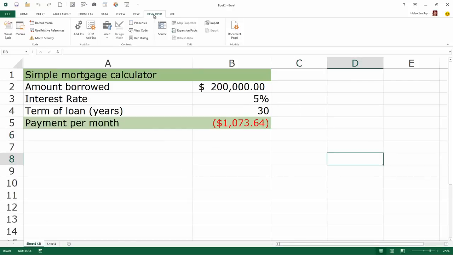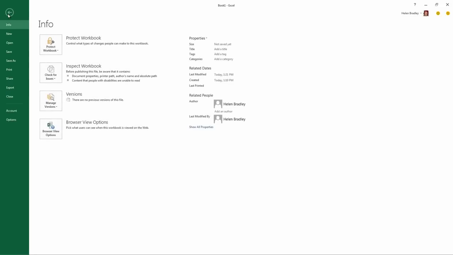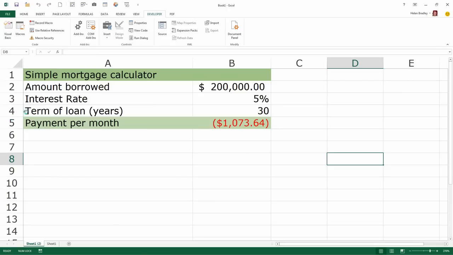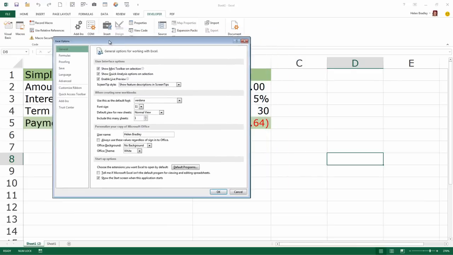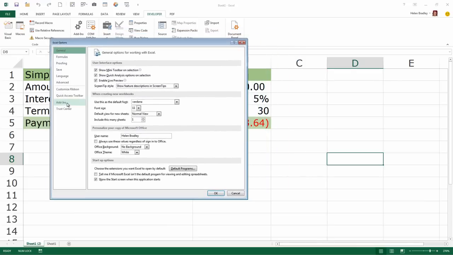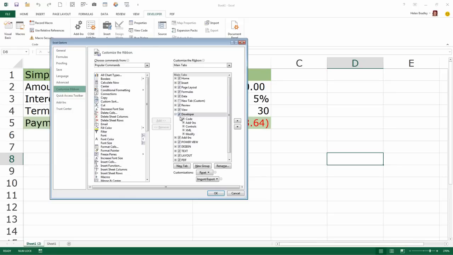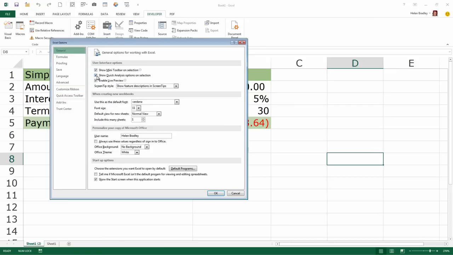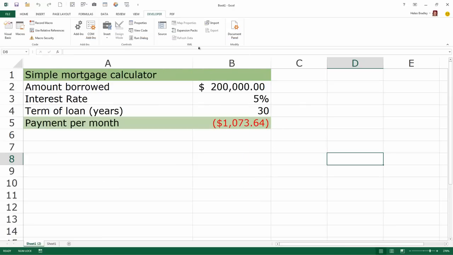Well, first of all, you have to have the developer tab available. If it's not, choose File and then Options. And in Excel 2013 and 2010, you'll go to the Customize Ribbon button here and you'll check this developer tab here, so that turns it on. In Excel 2007, you'll go here because there will be an option here for Show the Developer tab in the ribbon. So once you've got the Developer tab available, click it and then take this Insert option,